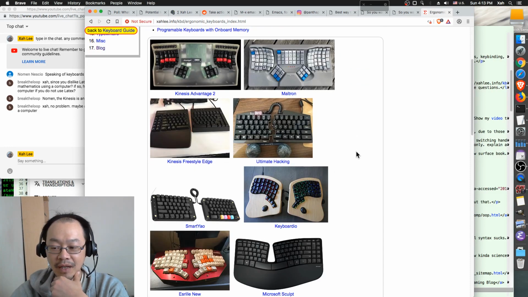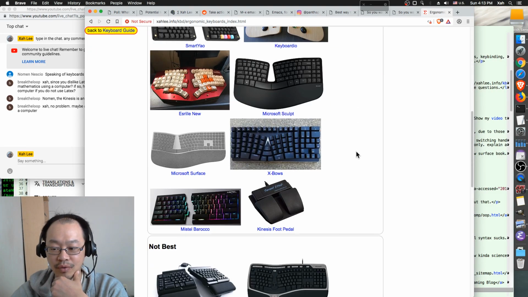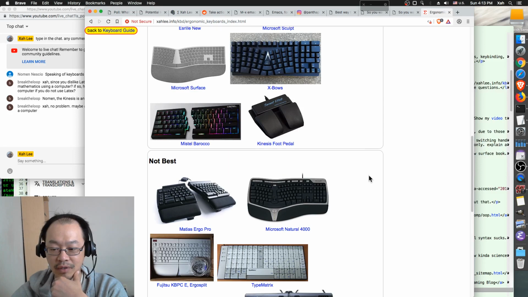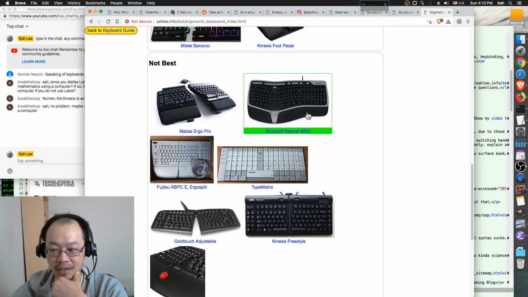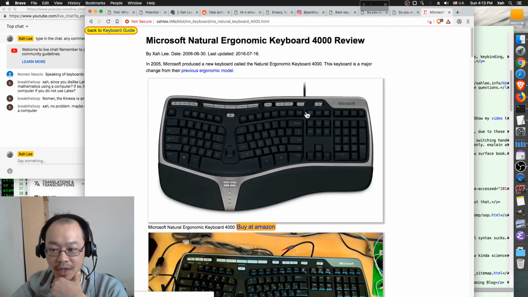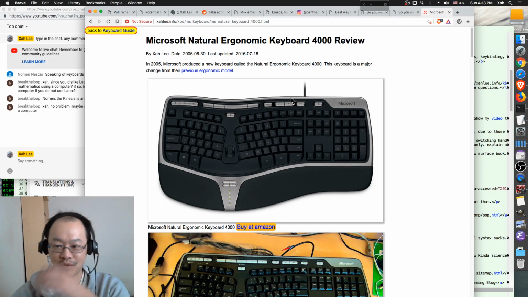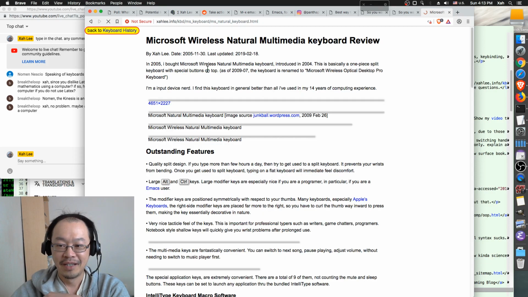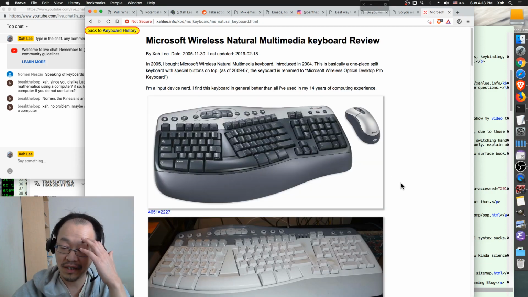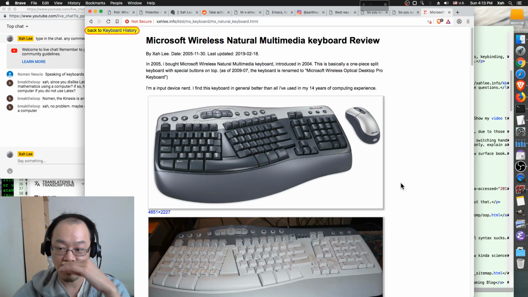That's when I switched to a Microsoft Natural keyboard, which is not this one, but I have this one. So that's my history of using keyboards. In 2006, I was typing on a laptop every day for 2 years, and I got hand problems. Then I switched to this one.